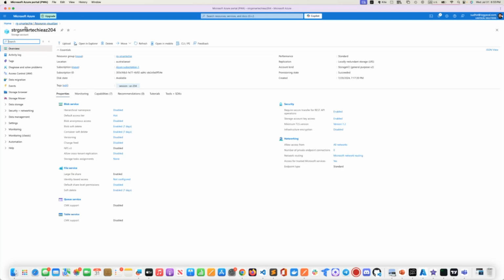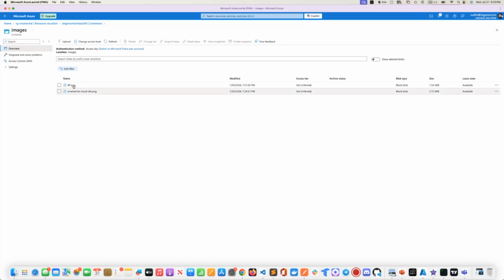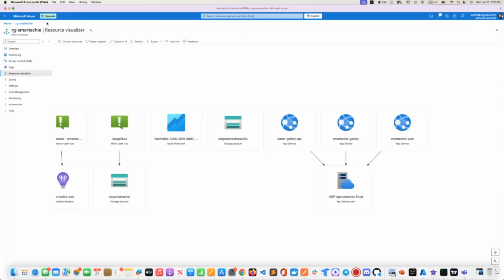We are looking into the storage. In storage we already have those things available, blob and all. I didn't change anything, neither did I delete anything. We have uploaded two images, we already have two, and let's go back to our